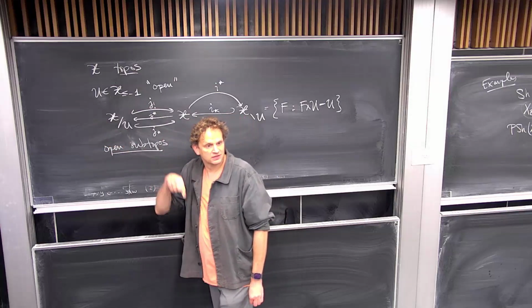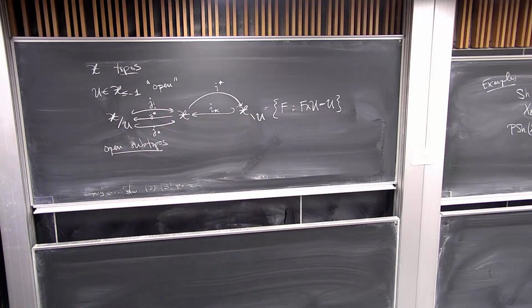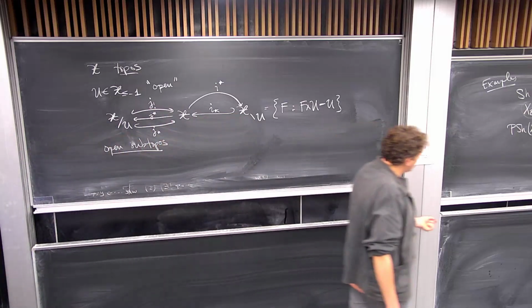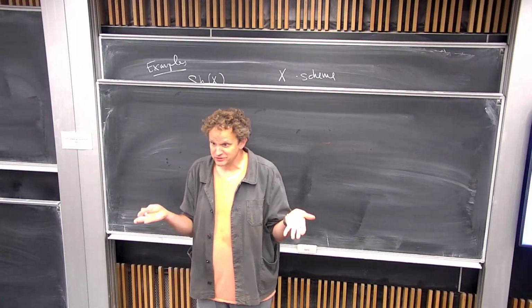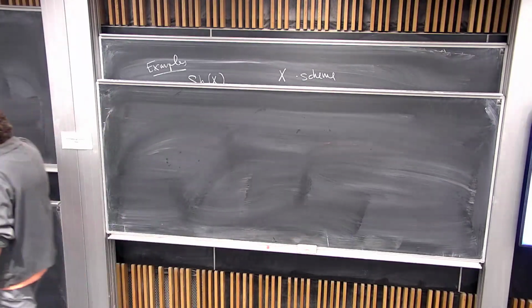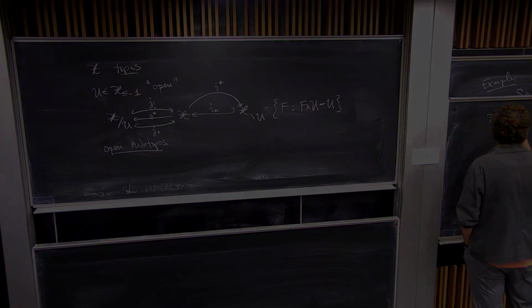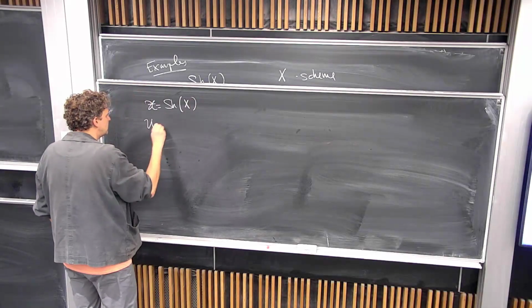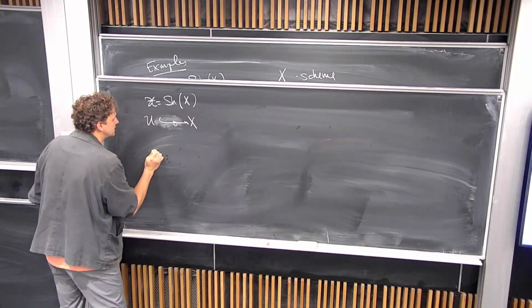So if V is different from U, here's the example that you should bear in mind. Here's the test example that you can do this with. Take an open of your favorite topological space, and then ask yourself what this is. So if script D X is sheaves on your favorite topological space and U is an open inside X,